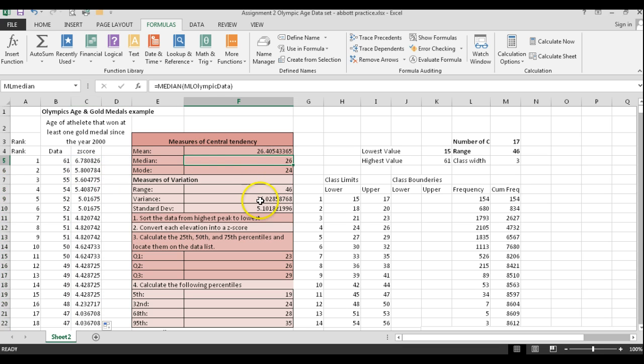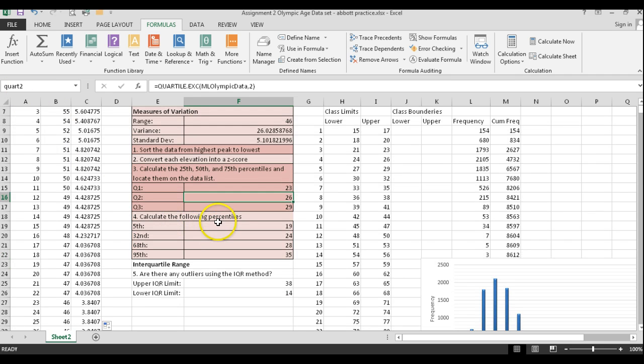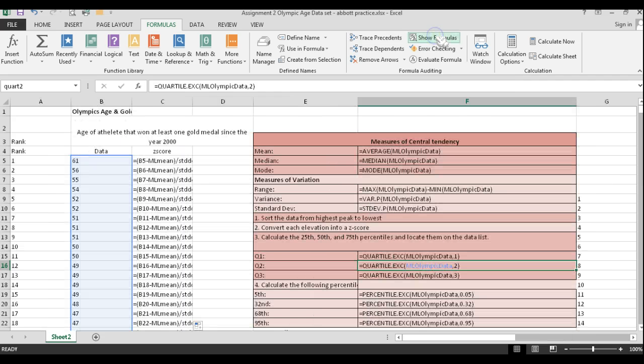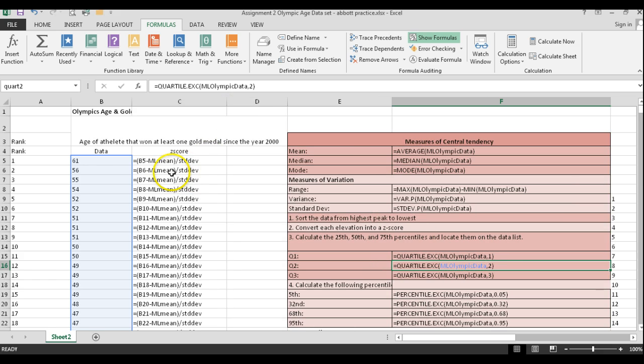So to make things so much easier, notice I named that Court 1, Court 2. Okay, and I'm going to click over here under Show Formulas, and it's going to change the sheet all of a sudden. Basically everywhere there's a formula, it's going to show it, so be prepared for it to change. Okay, notice what happened here. ML mean, so it took this data minus this minus that. Okay, right here,